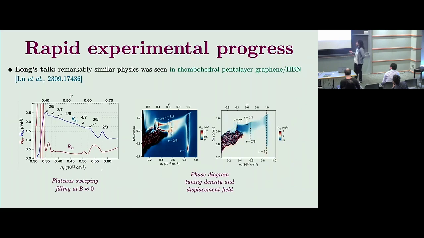Here showing a bit more fractions and also a somewhat more featureful rho XX, where you see now clear dips in rho XX at various fractional quantum Hall fillings. Okay. Since Ashwin already discussed much of this physics at the beginning of the talk, I won't spend too much time on it, and most of the remainder of the talk is going to be focused on the TMD case.